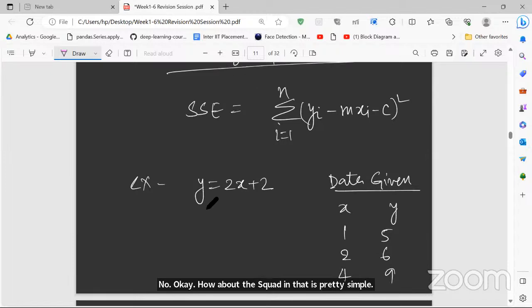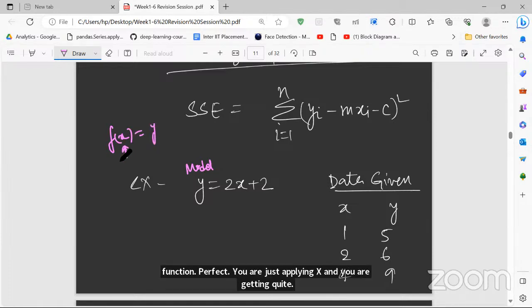I'm just discussing if you have been given some model. You can assume this as some model or some equation that follows y and x. You have been given data x, because x is the data, right? Y is a label, or y is the output of any equation. For any function f(x), you apply x and you get y. So y is the output that you are getting, and x is the data point that you have.